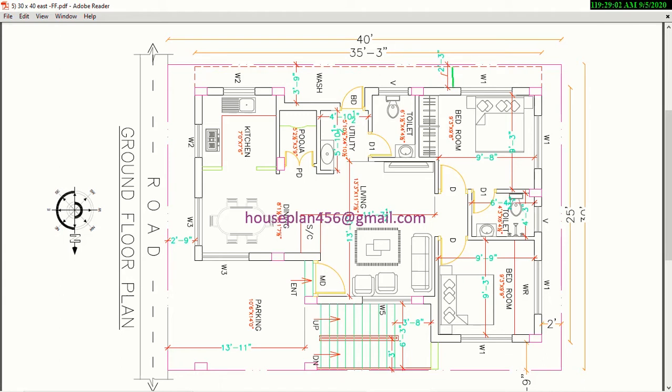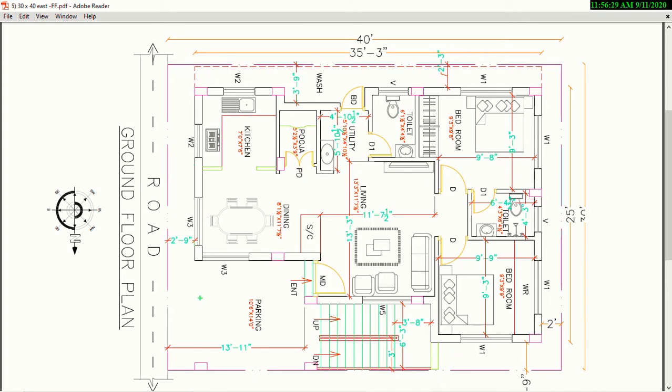Towards west, 2 feet offset is provided. Towards north, 2 feet 9 inch offset is provided. In front side, along the width of site, 2 feet 9 inch offset is provided.